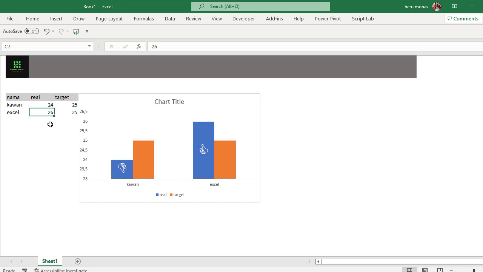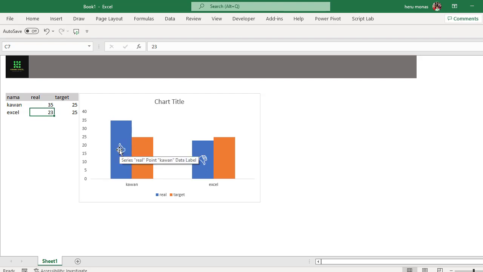So it will do the same for the second line. Whenever I change it to 23 maybe and I hit enter, it will change to the thumbs down, and we can change it to 35 maybe, like this, and the thumbs will go back to thumbs up. And I will show you how to make it real quick. Okay, without further ado, let's go to the